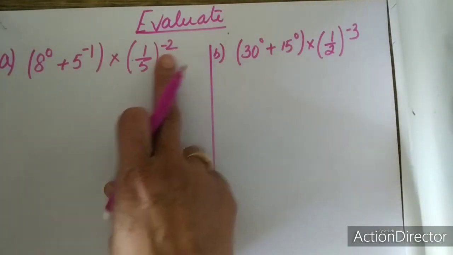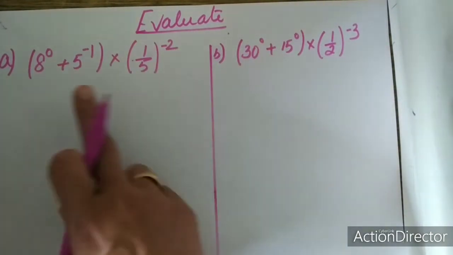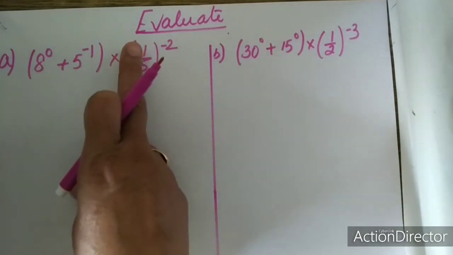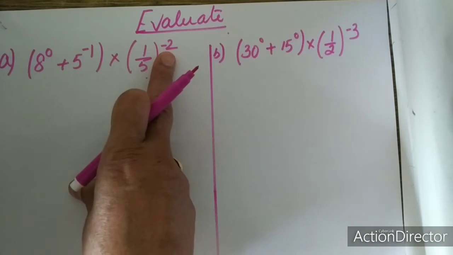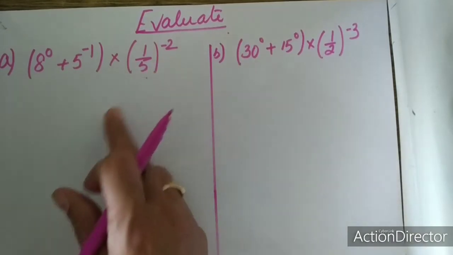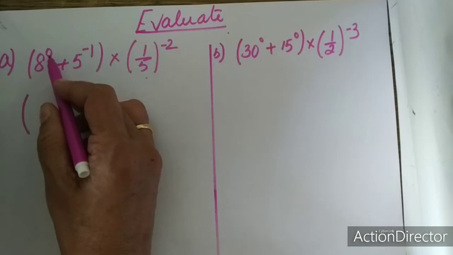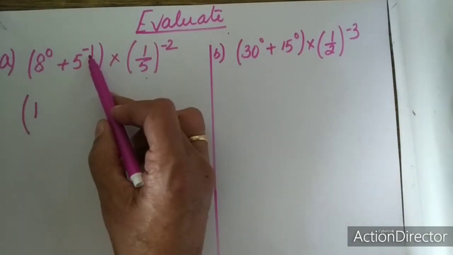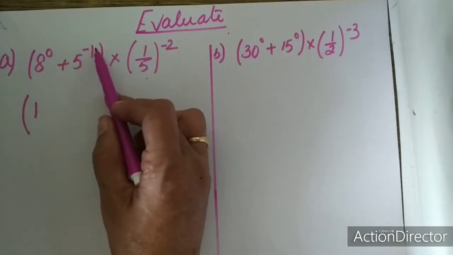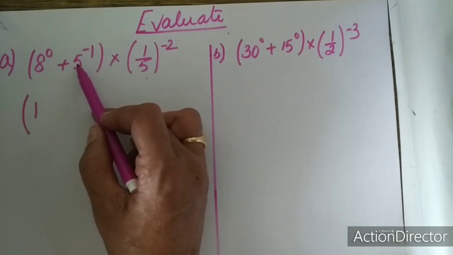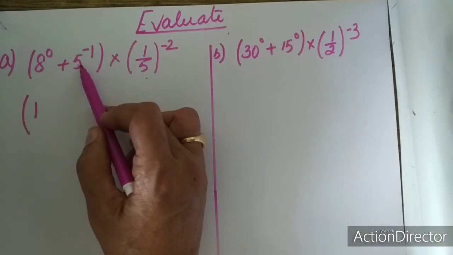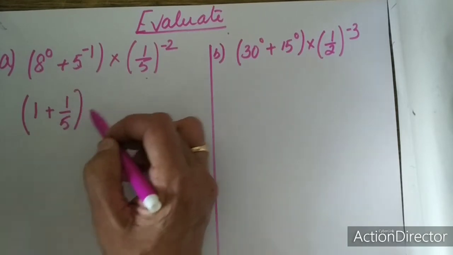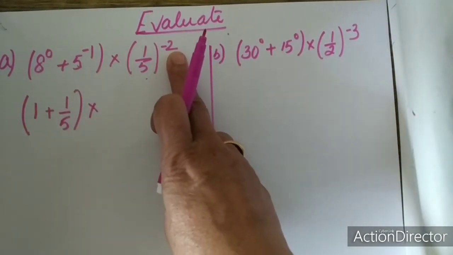Let us see how to evaluate these sums. First one, 8 power 0 plus 5 power minus 1 into 1 upon 5 whole raised to the power of minus 2. So let us proceed now. What is 8 power 0? Any expression power 0 is equal to 1. And here there is a negative power. To make it positive, I have to reciprocal this number. So what is the reciprocal of 5? 1 by 5. So it is 1 plus 1 by 5 into,